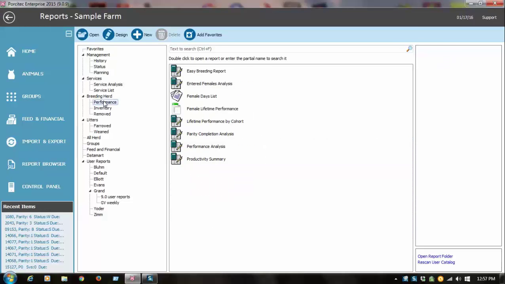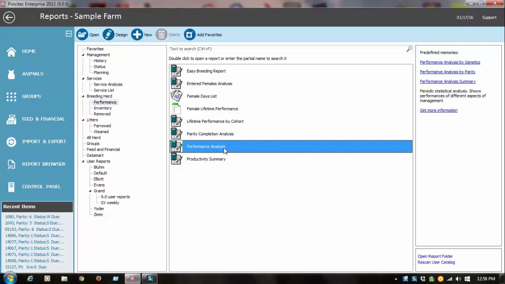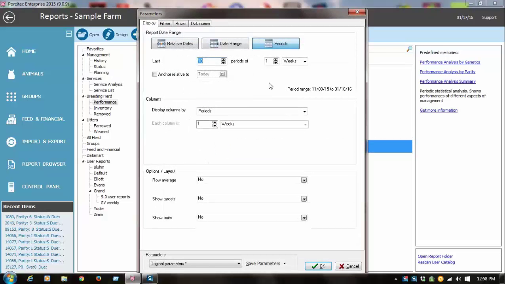Probably the most important report, the most common one that people use, is breeding herd performance. And here we want to look at the performance analysis report. This is going to monitor your entire herd, okay, by time period. So double click that, and if we want to look at weeks, this is where your production week that you